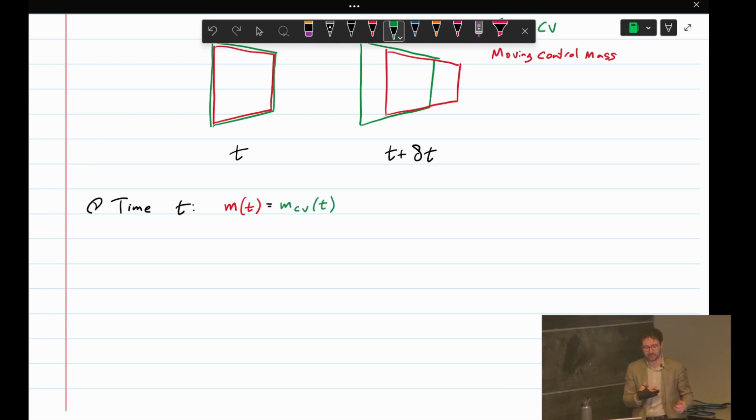So the total mass of fluid in our control volume is just equal to the mass of our control mass, because our control mass is the exact same shape as our control volume. At time t plus delta t, control mass's mass at time t plus delta t